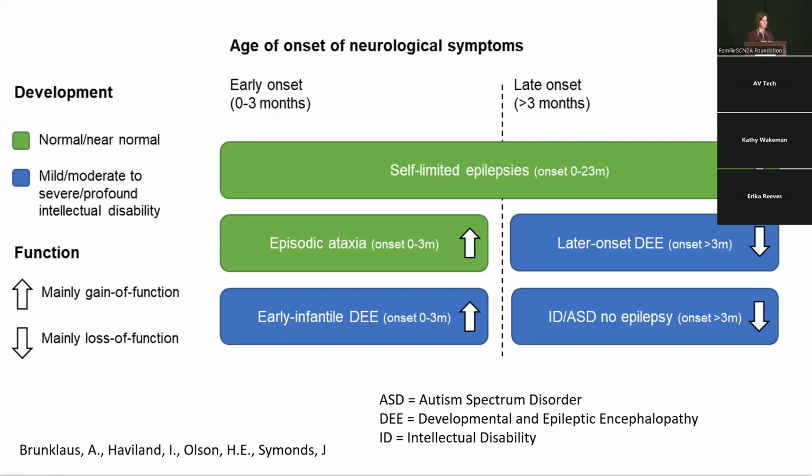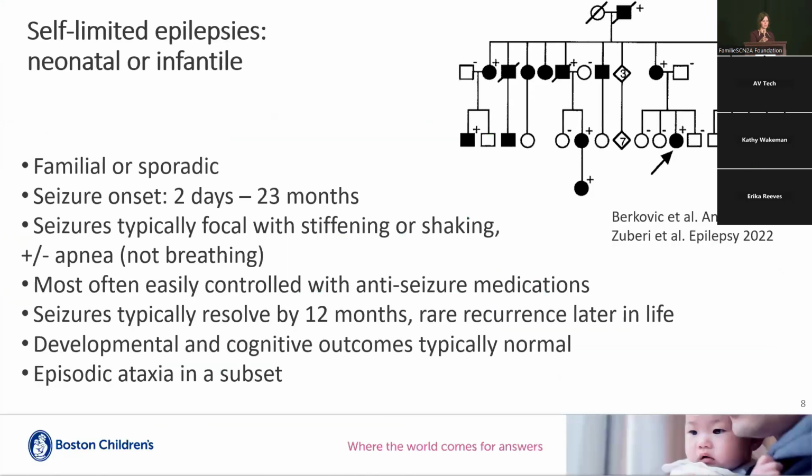And then you can have epilepsy outside of that, and you can have intellectual disability with no epilepsy. But today, in this session, we're focusing on the epilepsy. And there are also movement disorders. The episodic ataxia can overlap. It's not necessarily independent of these other groups. It can happen within them, especially with gain of function.